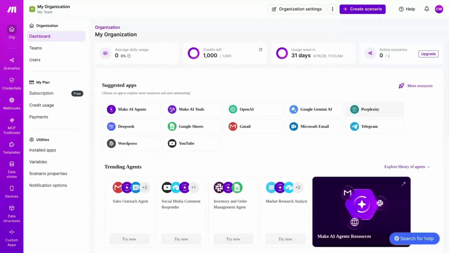Hey everyone! In this video, I'm going to show you a step-by-step tutorial on how to trigger a webhook in Make.com. If you want to automate workflows between different apps in real time, webhooks are one of the most powerful tools you can use. In Make.com, webhooks allow you to instantly trigger scenarios whenever a specific event happens, instead of